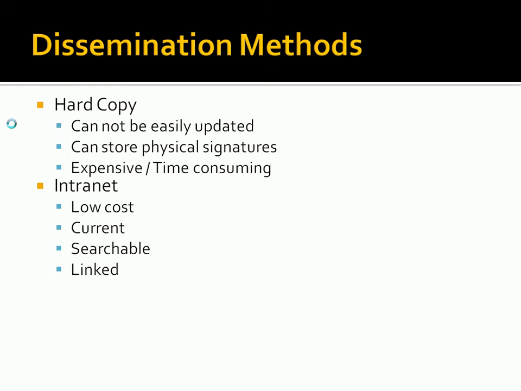So these are two major options: hard copy and intranet. And I think in most organizations, you would probably have a combination of these two. You would probably use the intranet for the day-to-day searching and viewing. But you might also have a hard copy somewhere. Maybe not everybody has a hard copy. You might print out one or two hard copies and store a copy somewhere accessible to employees if they want to review it that way. Maybe one that's protected somewhere in case you lose the electronic system.